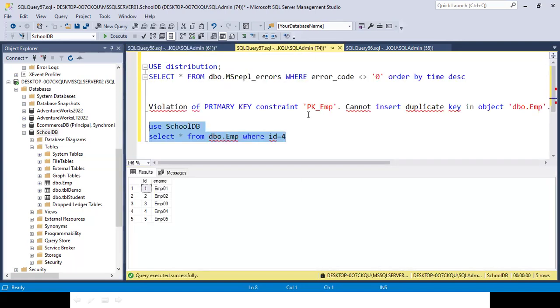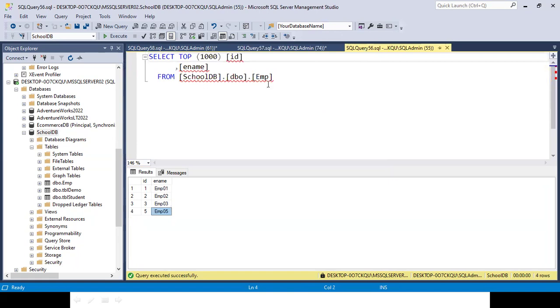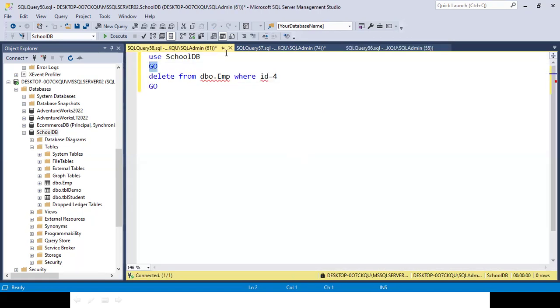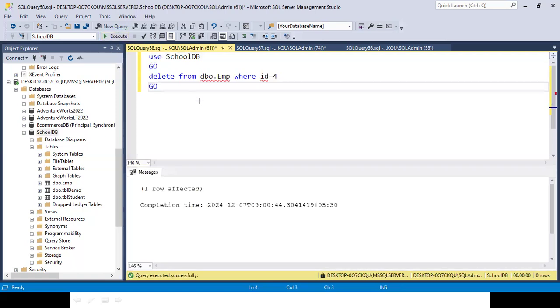I think I created one command as well. If you delete this one from the subscriber, your issue will be fixed. But we don't want to delete data from the subscriber. I want to skip this one.